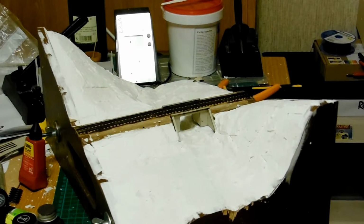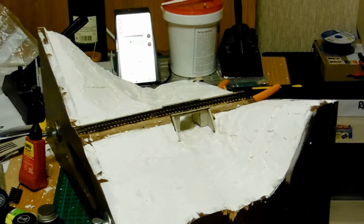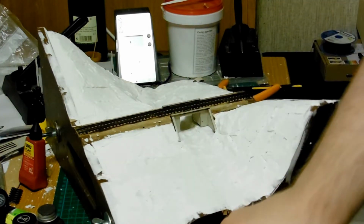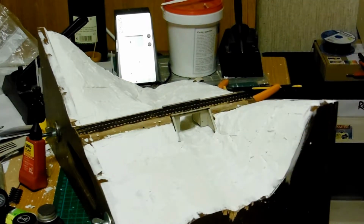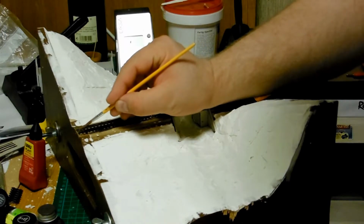things are different, because it's possible that you could see the module from both sides when you are attempting a modular layout meeting. So I will paint the rails from both sides. I use a smaller brush for these, and